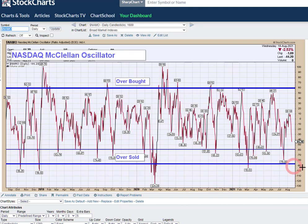And if you go back, this table goes back 3 or 4 years. You can see that minus 70, minus 60 were good areas for reversal points. In some of the outlier cases, like back in March, minus 90, COVID low, minus 124, and you had some occurrences, remember, in that 2018 fall sell-off there were some pretty low readings back here as well. So